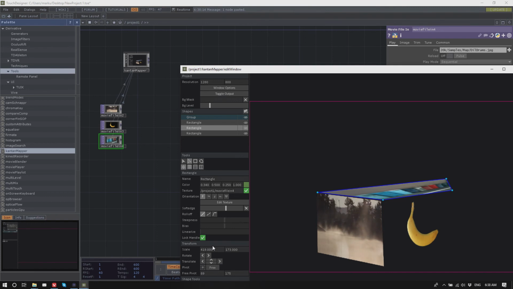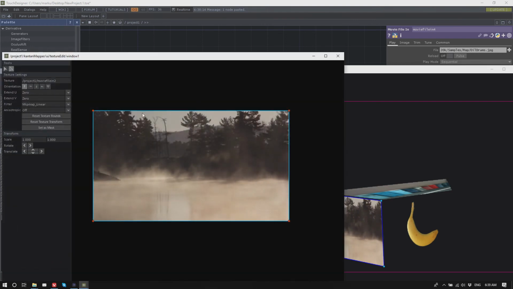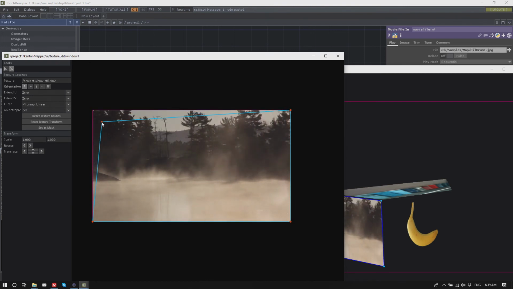And now you see that there are certain issues here. For example, maybe the aspect ratio is not quite correct for the texture or something like that. So what you can do now is you can edit the texture as well. There's a little button here, edit texture. And basically, you can crop out parts, like what part will be shown on this side.